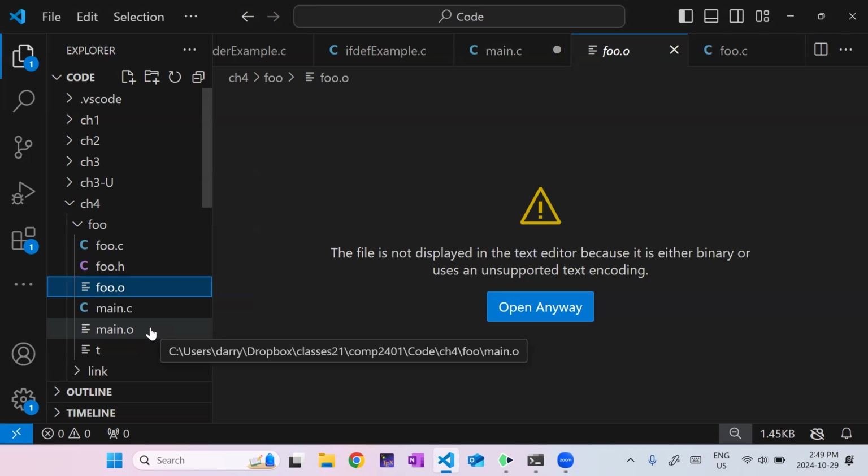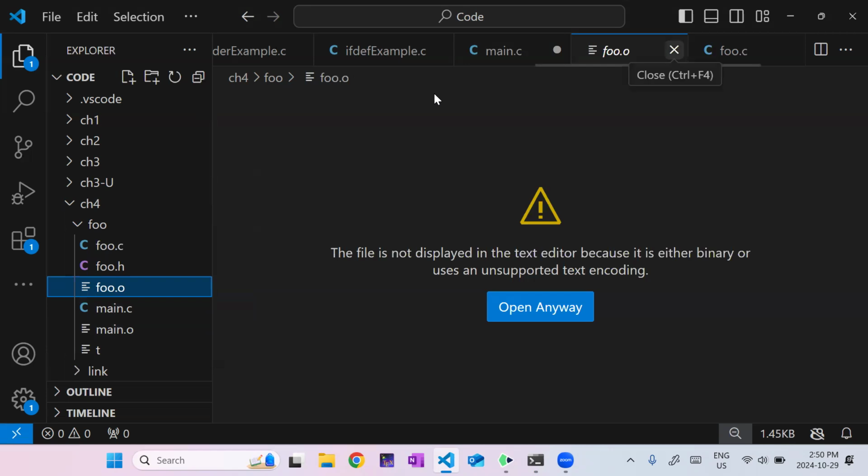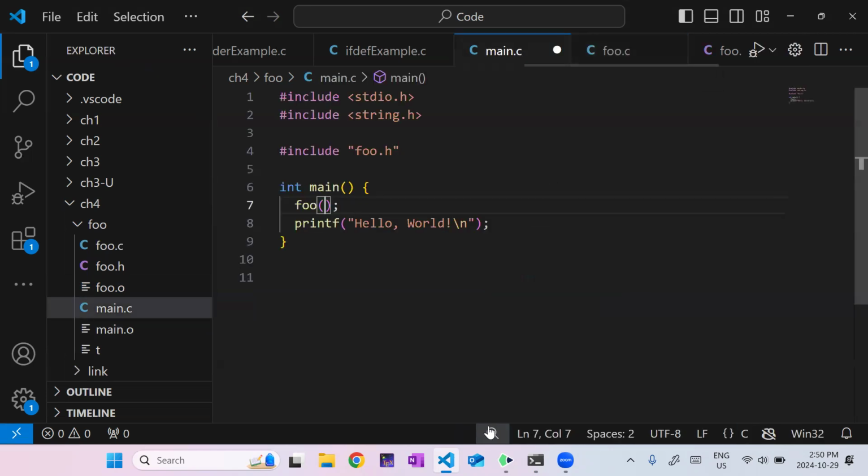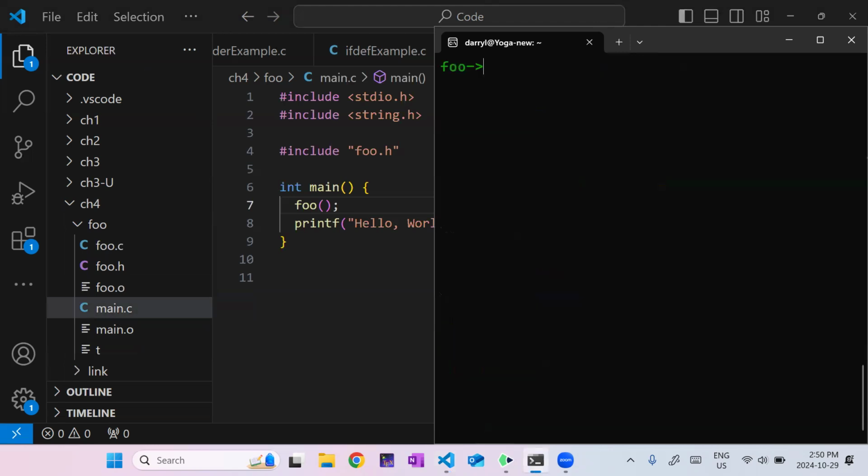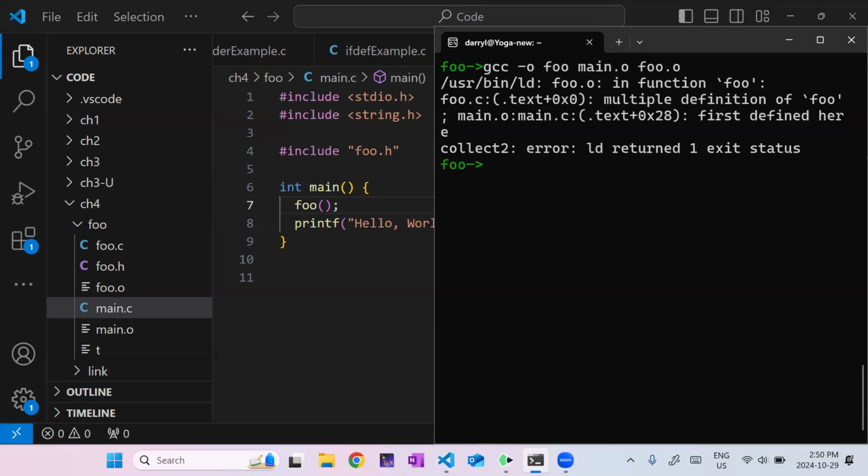So the compiler is going to say, well, it knows my main.o. I called this foo function, and it knows I used it correctly, and I promised it that I would show it the code later. And so I'm going to show it in the linking step, which means I'm going to do gcc -o output file foo, and then main.o and foo.o. And this is where I link the call to foo with the implementation of foo, right? And then the compiler can put that together, or maybe it gives me an error, right?